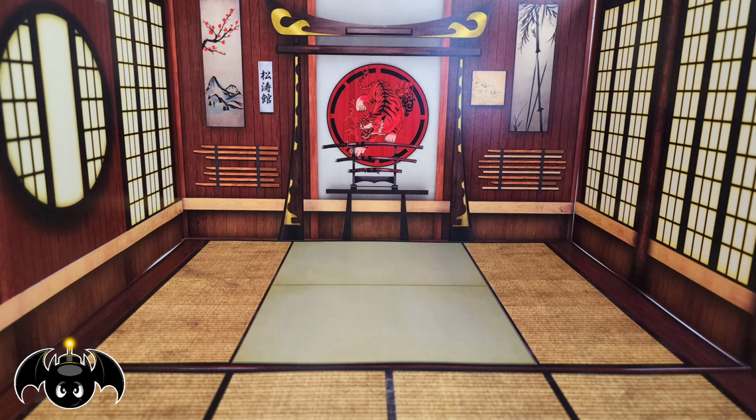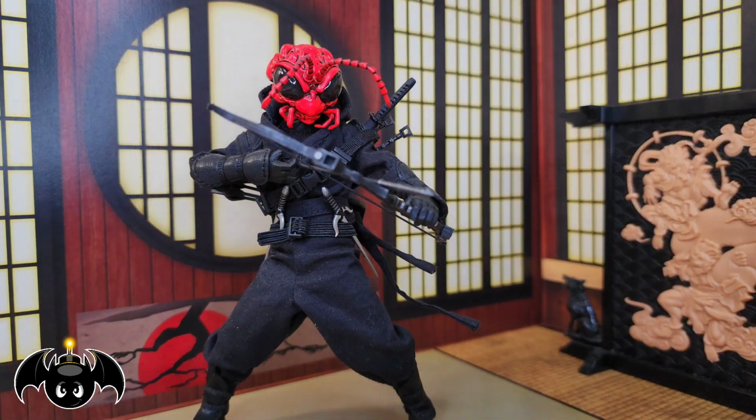And again, you can mix and match these, butt them all up. We do get 2 sets of flooring with this one. One with a mat, one without. But it looks really good. So this is a really big set. So if you want to have any type of ninja characters, like I have a Mezco ninja right here,